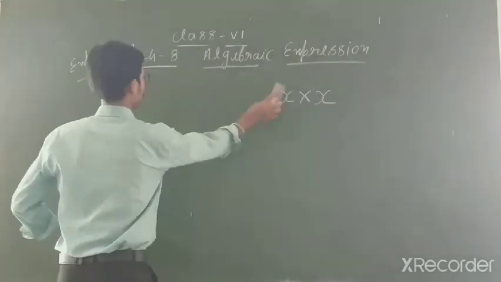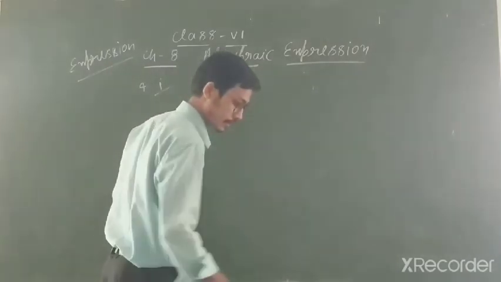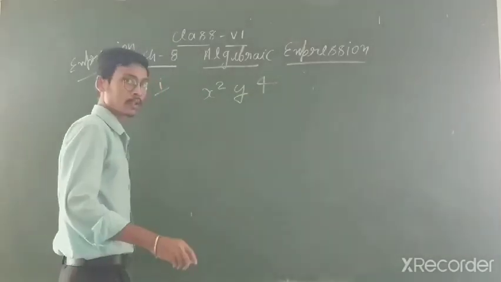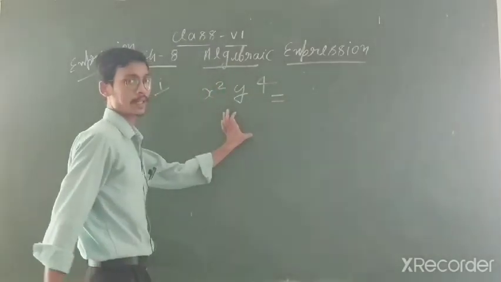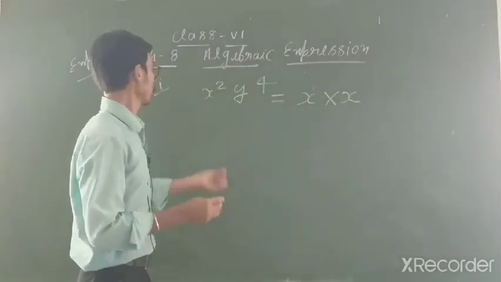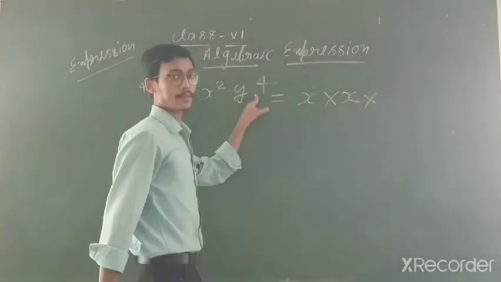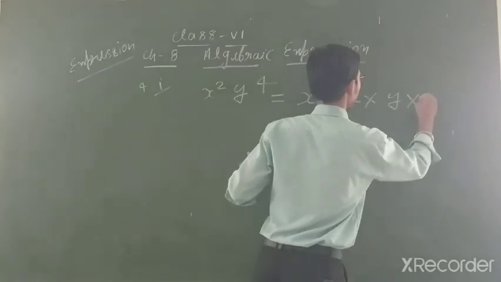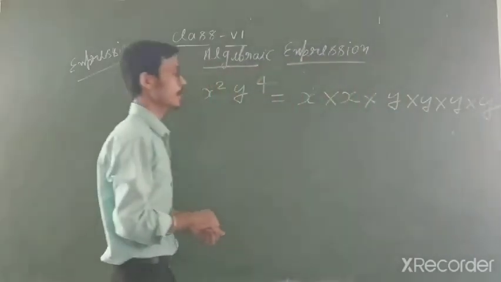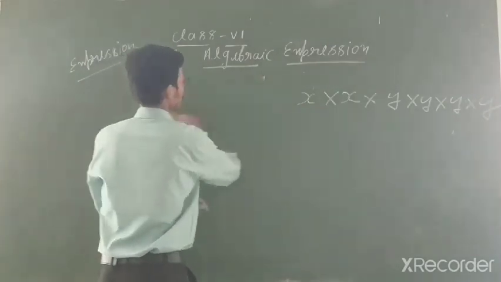This is given. Come on, question number 4th one. What is given? X square y to power 4. Clear student? So what you can write down? You can write down x how many times, students? 2 times. You can write down x multiply by x. Clear? Because x 2 times, y, come on y, you can write down y how many times? 4 times, na? So you can write down y into y into y into y. Yani how many times, student? 4 times. Clear? Now similarly you can solve all the question based on this.